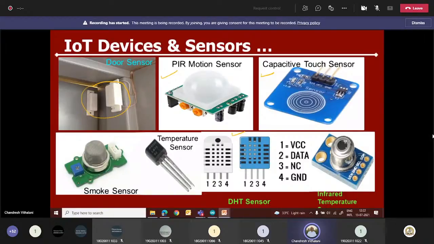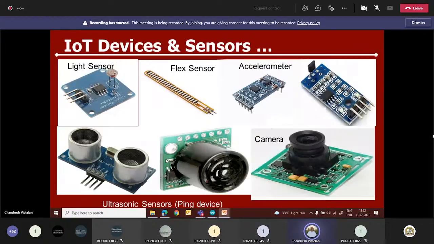These are a few more sensors available which you can use for your project work. Light sensor, LDR, and then a signal conditioning device is given here. Flex sensor, accelerometer, then a camera also you can connect with a Raspberry Pi. Camera is also a very good sensor, right? So visual sensor, and this is an ultrasonic sensor.